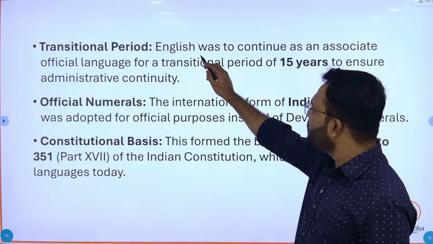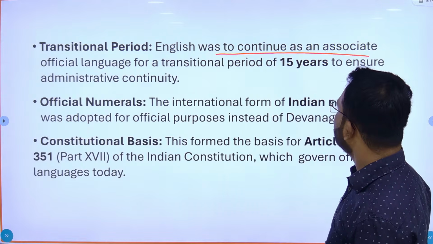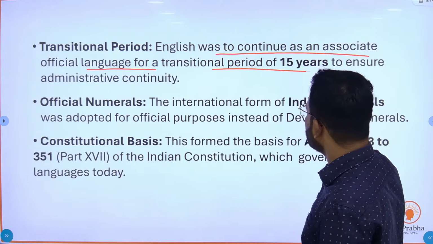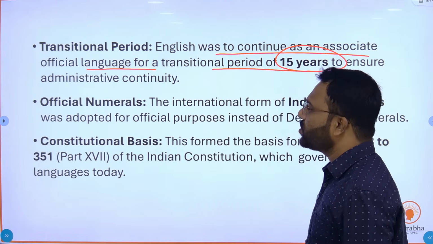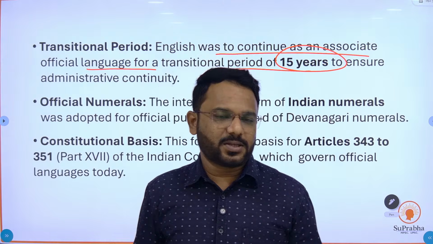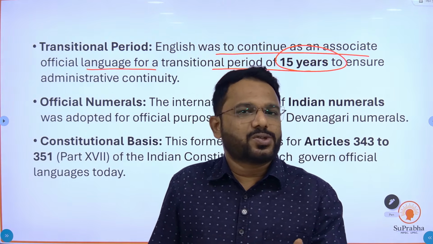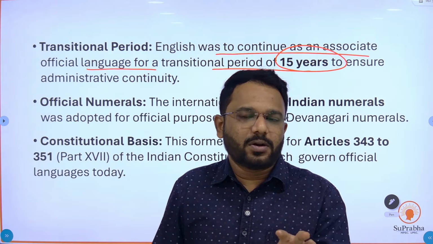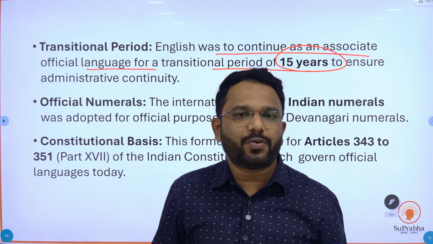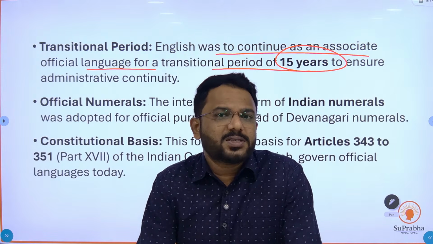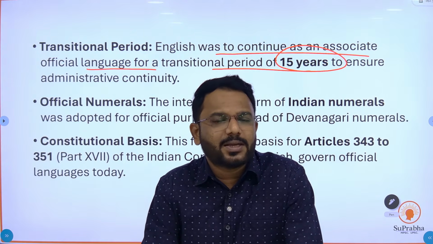Transitional period, English was to continue as an associate official language for a transitional period of 15 years, ensuring administrative continuity. So in the starting era, English was also there. It was stated or decided that it would continue for 15 years. But as we all know, it is still continuing because southern states are opposing Hindi as an official and